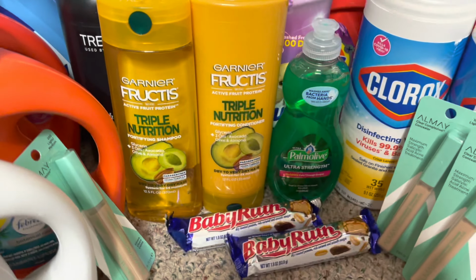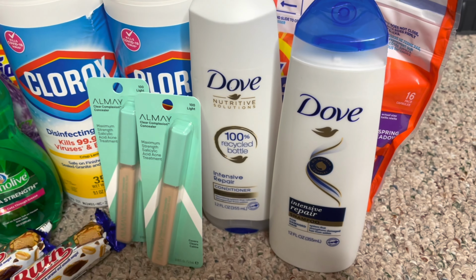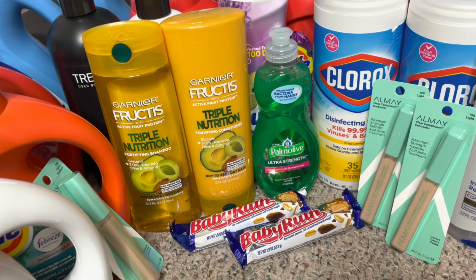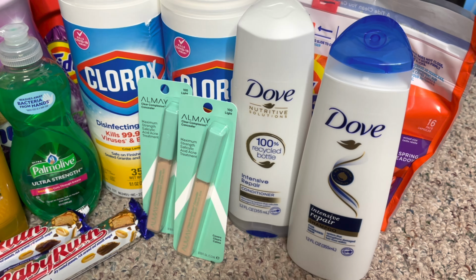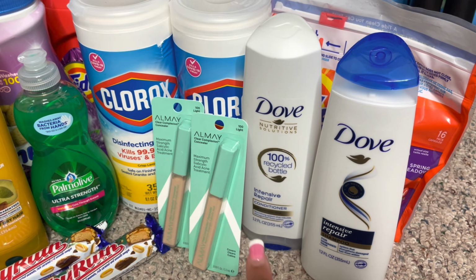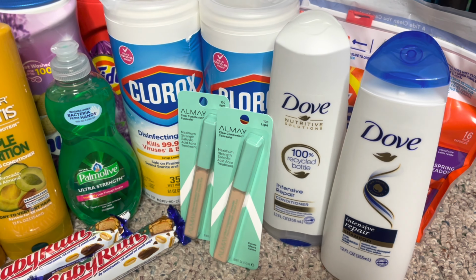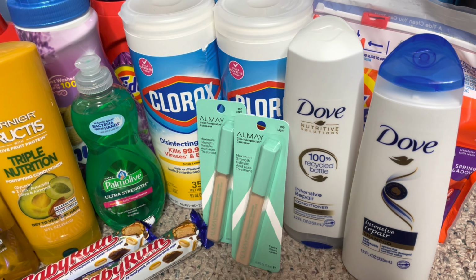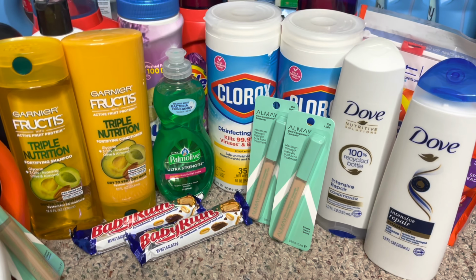I grabbed 2 of the Garnier Fructis, the shampoo and conditioner, and then I also grabbed 2 of the Dove hair care shampoo and conditioner. So the Garnier Fructis is priced at 2 for $7, and then the Dove is priced at $4.49, and they are buy one get one 50% off. So one will ring up at $4.49, and the second one will ring up half off at $2.24. So $10 for the Tresemme, $7 for the Garnier Fructis, and then $4.49 plus the $2.25 for the Dove. So for all 6 of the hair care products, that will bring your total to